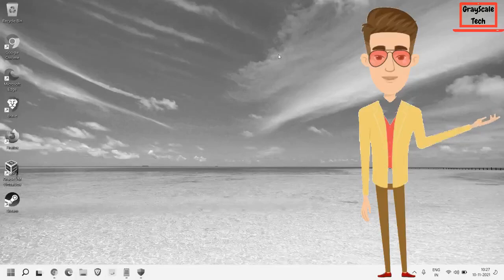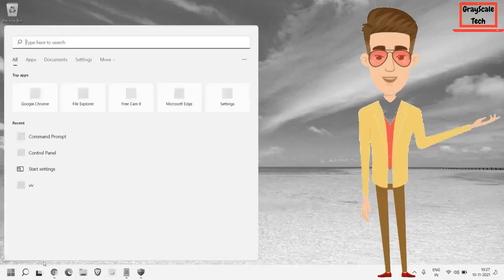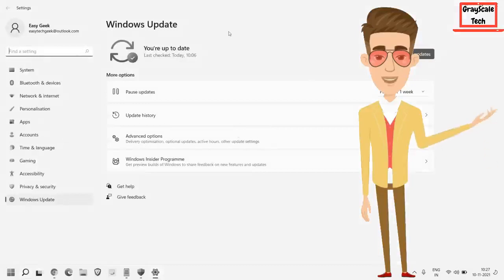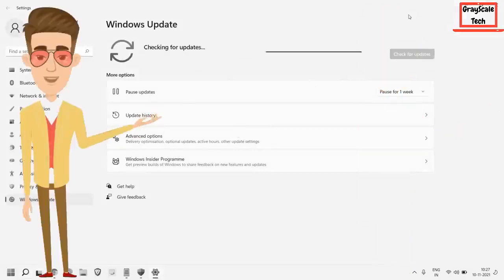There is one more thing which most of us forget to do, and that is very important. For that, you just need to click on the search icon and type update. Now you will find Windows Update settings. So I can see the last check was today, and I'm absolutely up to date with all Microsoft updates. You just need to click on check for updates, and please make sure that you install all latest Microsoft updates